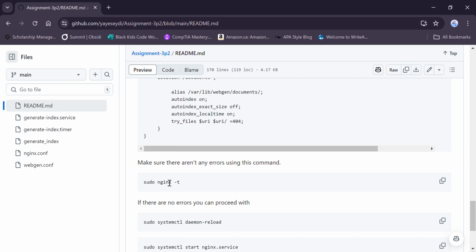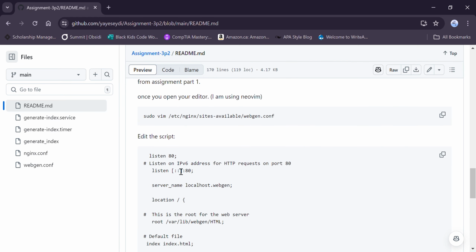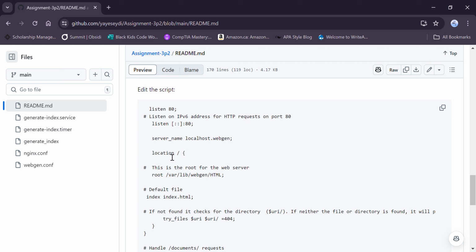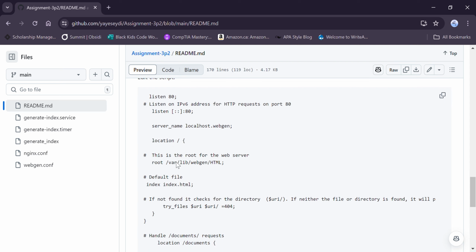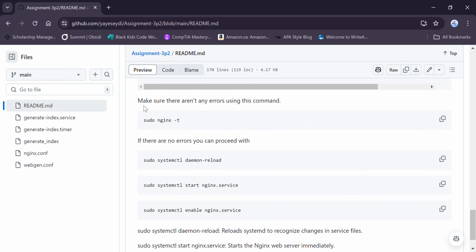there are no errors. And actually, just to go back up and explain the code a little bit, we have right here, listen 80. This command listens for HTTP requests on port 80, and then the location here serves the index.html file, and then the location /documents serves the files in the document directory. Yeah, and so once that is saved, we check for errors, and if there are